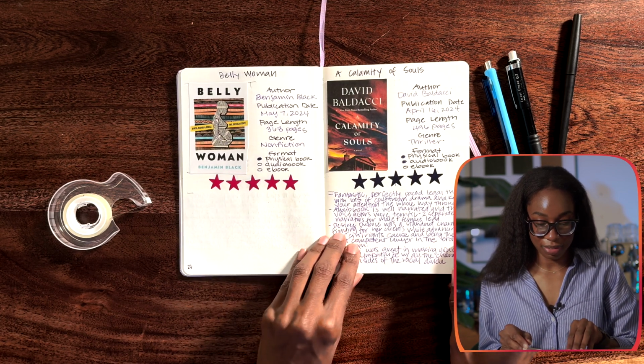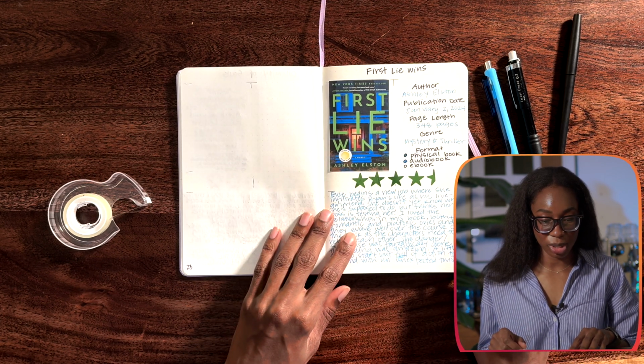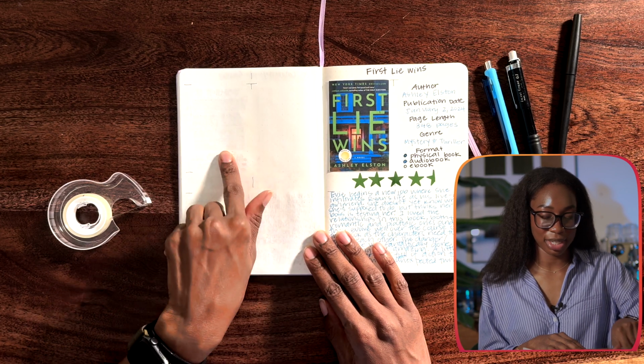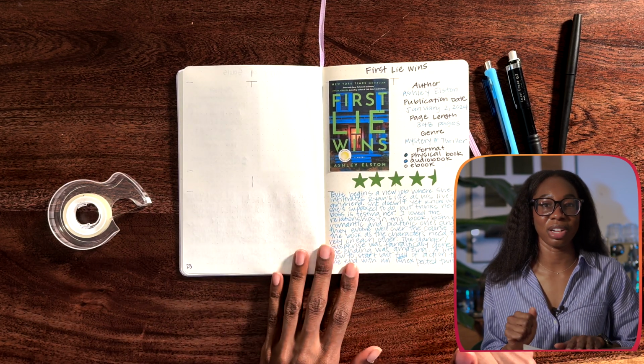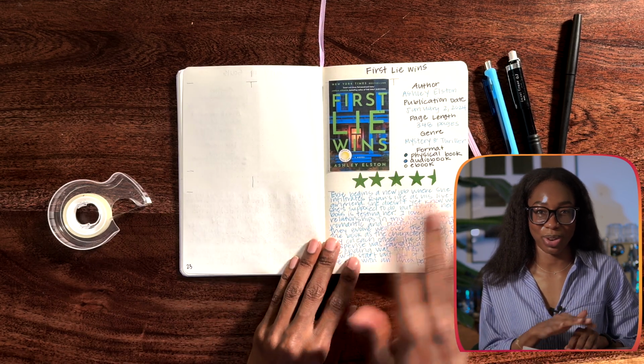Another thing that needs to be filled in, at some point I switched to a purple pen. And then here is the most recent entry that I just did. So there's a book I finished before, First Slide Wins, that's gonna go here. I try to put these things in chronological order for the most part. I just thought it'd be easier to film on this side of the page, so that's why I kind of skipped one. All right, you guys, that's pretty much my reading journal and sort of my system for keeping track